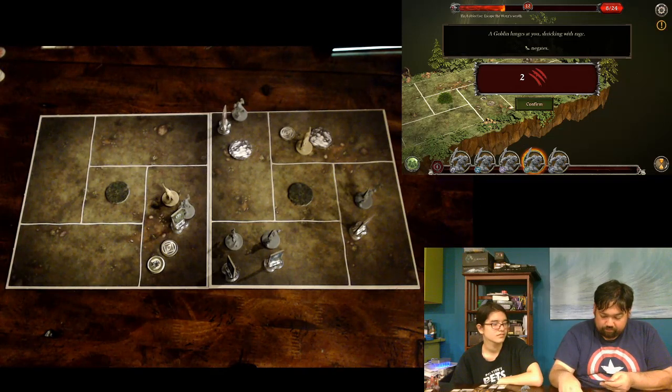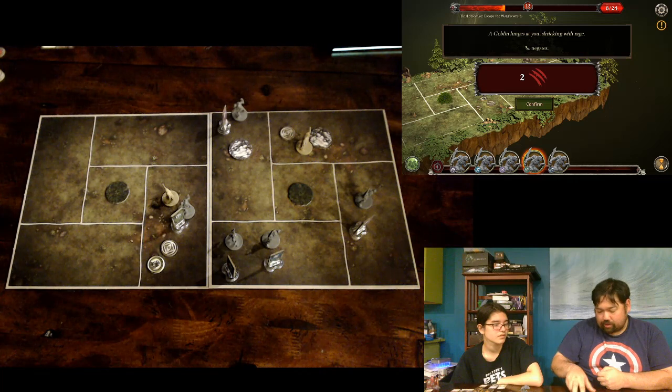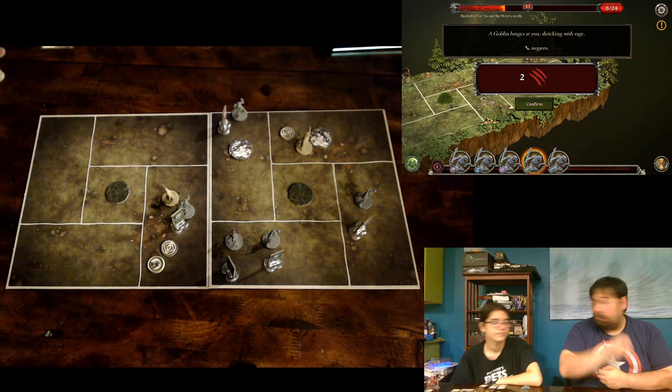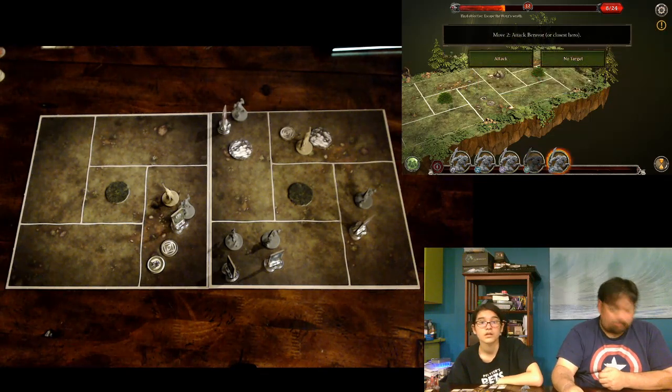So, alright, I am going to... Actually, I can use that skill again, right? To get 2 successes. Well, 1 success. Or 1 success. I'm sorry. Transfer 2 fate into 1 success. So, I get 2 successes and I avoid both those damages. That is a pretty good card. I'm sorry. And it is. It doesn't say I have to discard it, so...